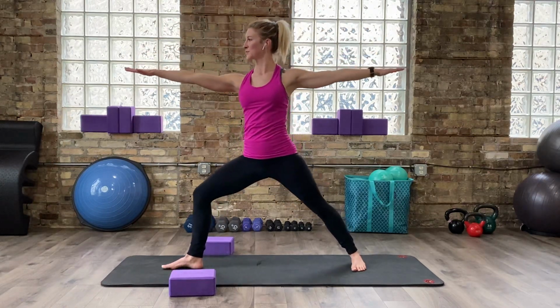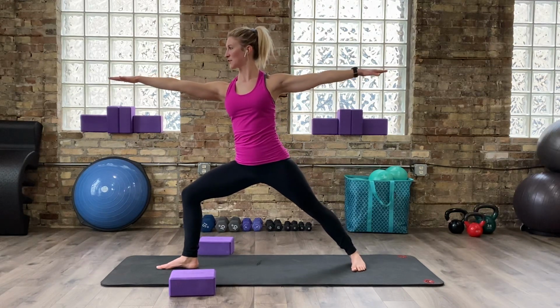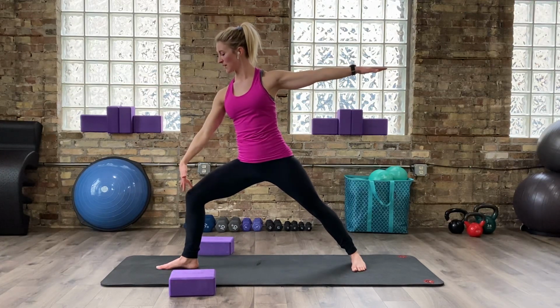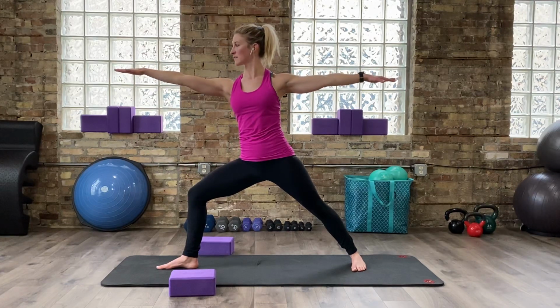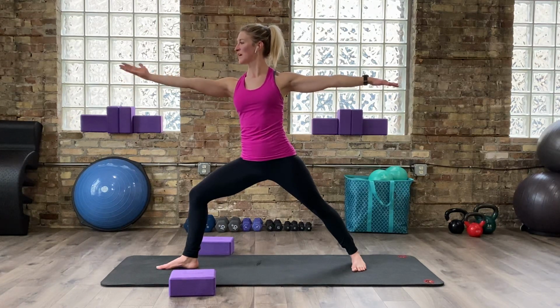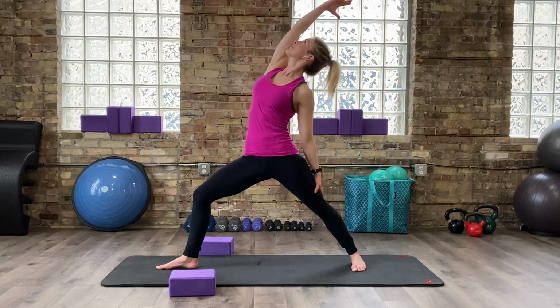Find your warrior two, open up. As you gaze over your front fingertips, take a moment to peek down at your front knee. Make sure that the knee isn't pointed too far in or too far out. Think relatively straight line. Roll those shoulders down your back. Last time here. As you take your next inhale breath, flip the palm, reverse your warrior, reach up, pull your